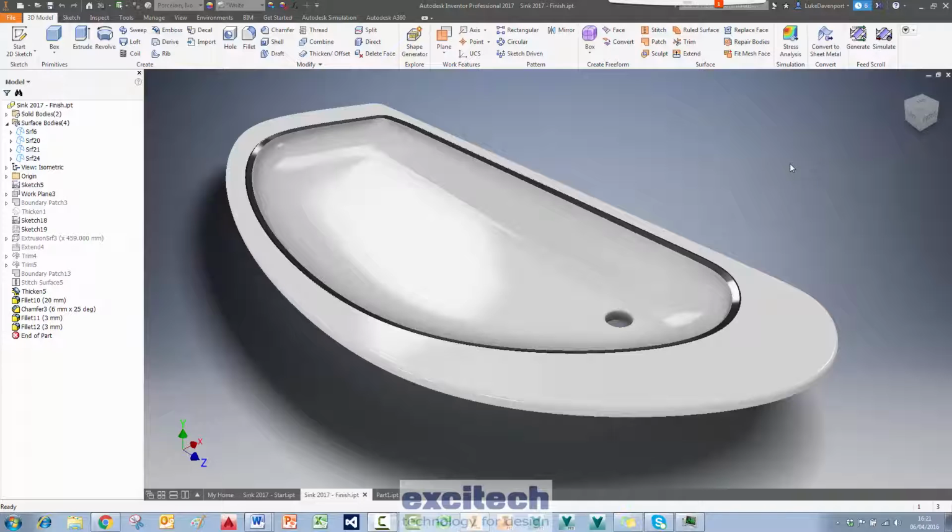Now don't switch off. I myself switched off the moment I heard the boundary patch tool now has guide rails included in 2017. Was not really that excited about it. But having taken a look at the tool, it is actually a huge step forward for Inventor in general in terms of its surfacing capabilities, and it may even take the boundary patch beyond the loft tool in terms of power